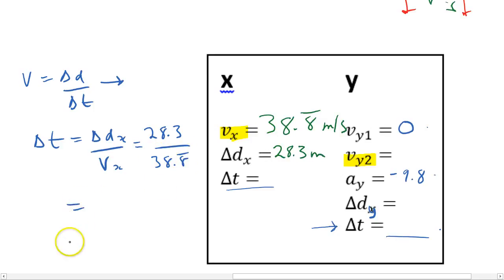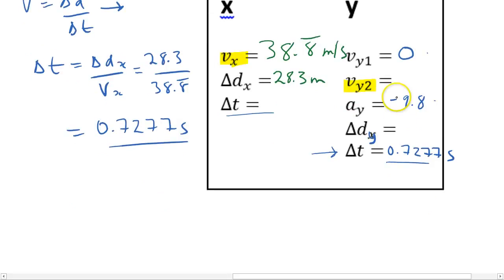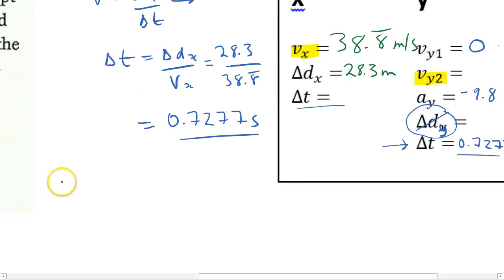And so I get a time of, I think, 0.7277 seconds, and that's what I'll put over here, 0.7277 seconds. So that's how long it's in the air. Now I can think about, which of my 5 kinematic equations does not have delta d in it? It's actually kind of a nice one. Of our big 5, I'm going to use equation number 4, which is v2 is equal to v1 plus a